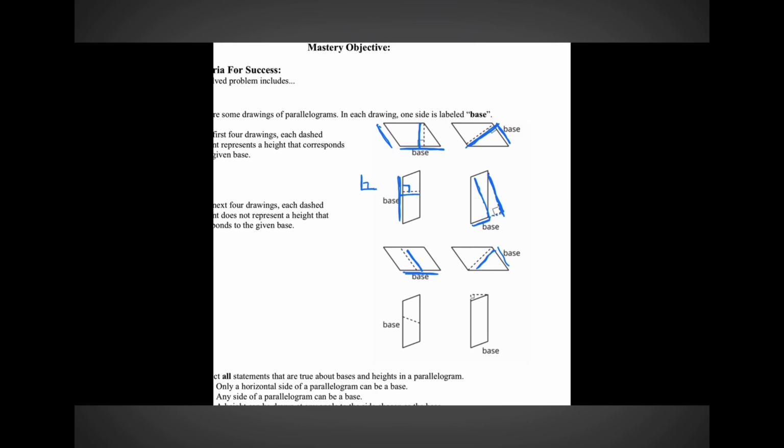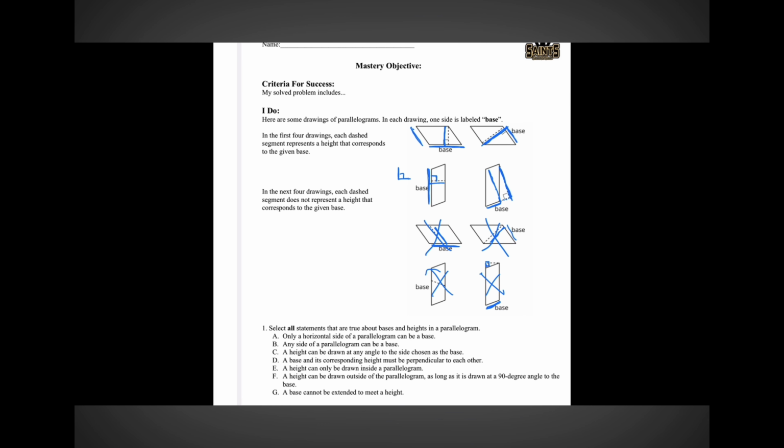That is not perpendicular, and not perpendicular. Even though it has this, if this is the base, then that is not perpendicular to it. So we know it's just these first 4. You need to make sure to explain why different ones are incorrect and why they're correct. The emphasis being 90 degrees from the base. Perpendicular. Okay, so then our select all for this one is going to be: